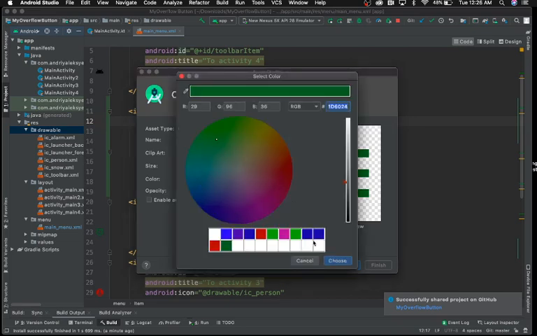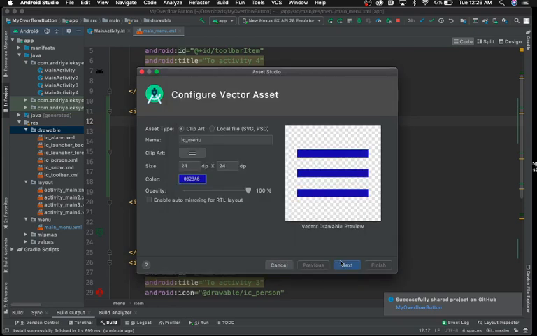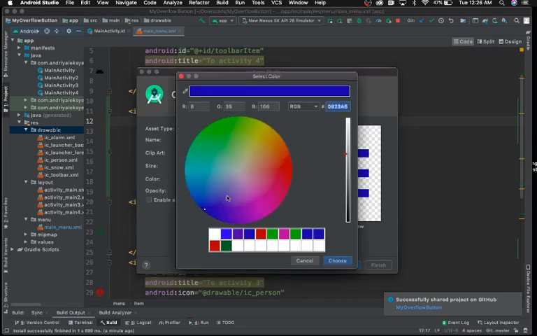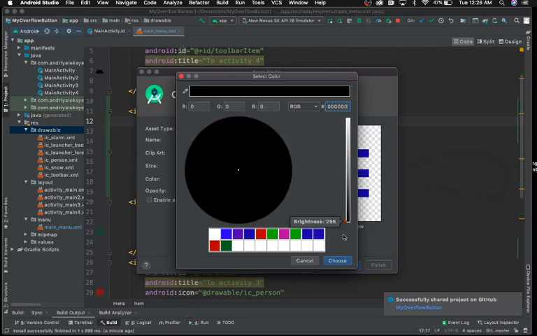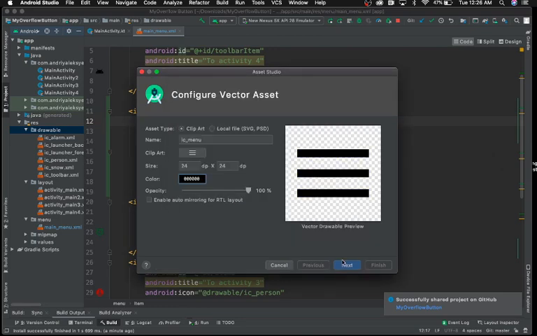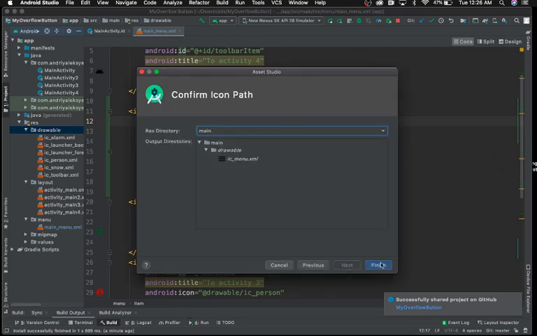Let's give it also blue, like this, blue sign. You can give any color that fits your app. Or maybe, should we do black? Let's do black. There's a black here. Something real dark, like that. Choose that. Next, finish,